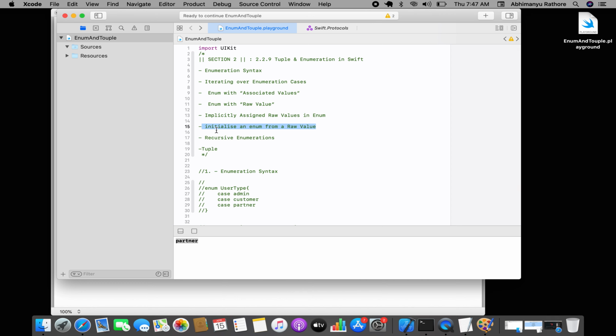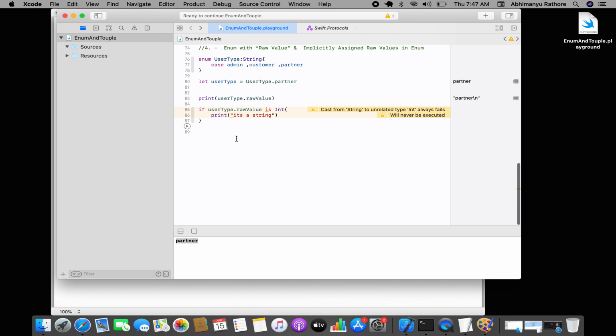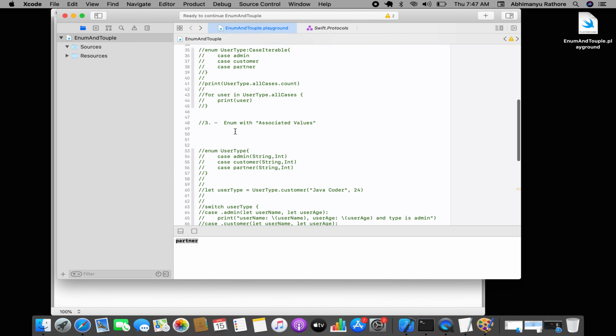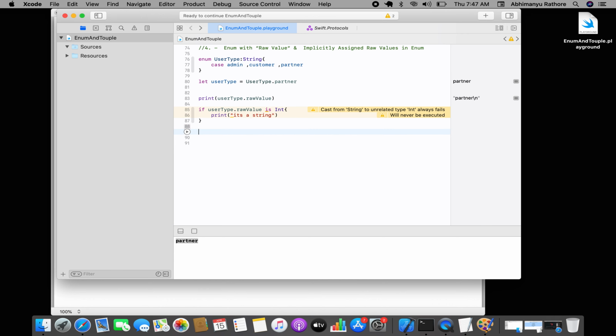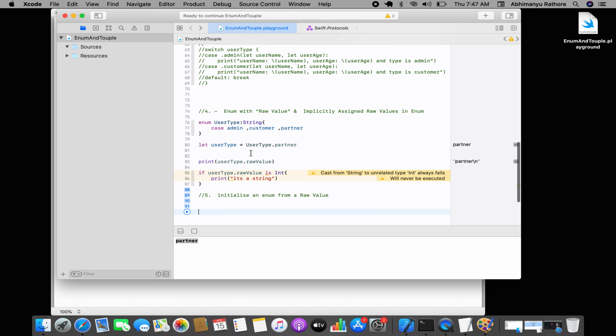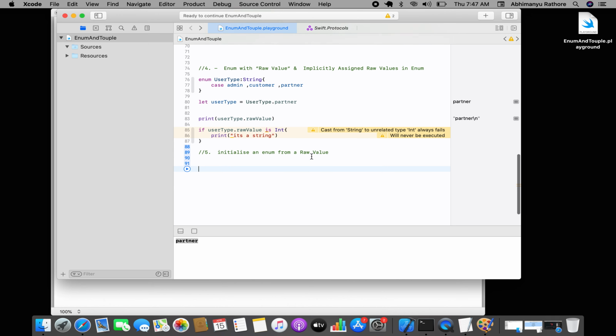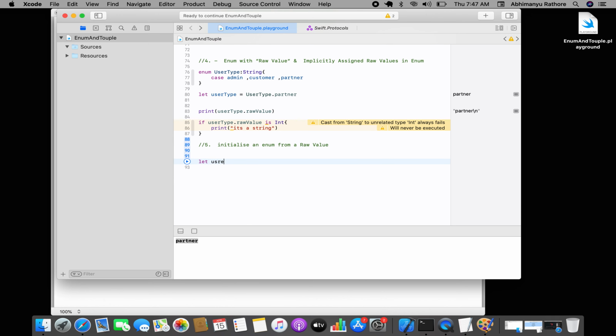Initialize an enum from a raw value. Okay, so that can be very simple. If you want to use this, it's also very simple. So once you go there, just identify how you can use the user type from raw value,